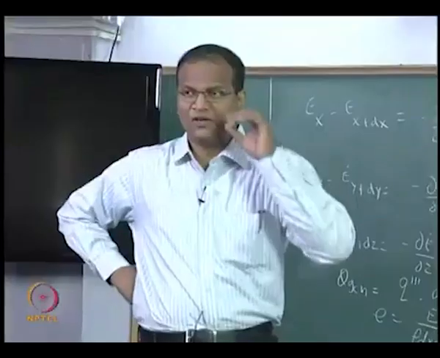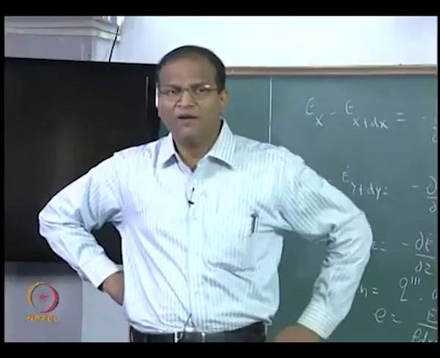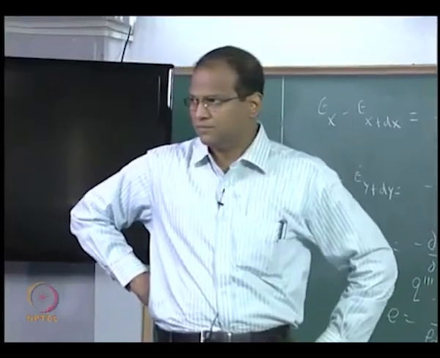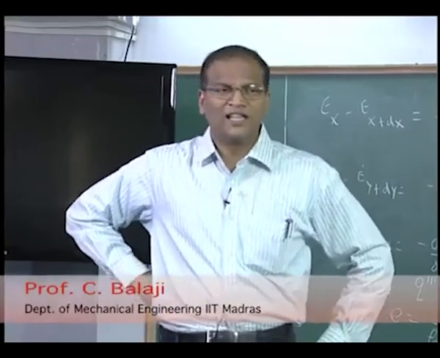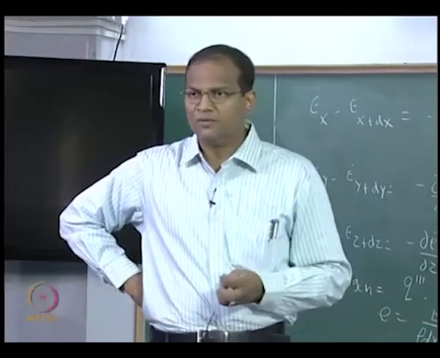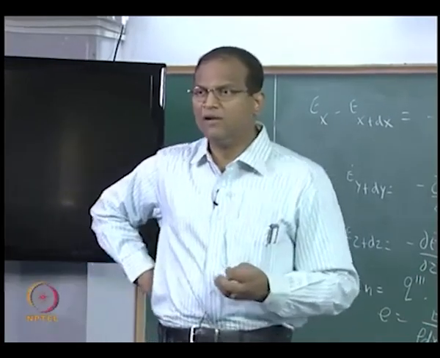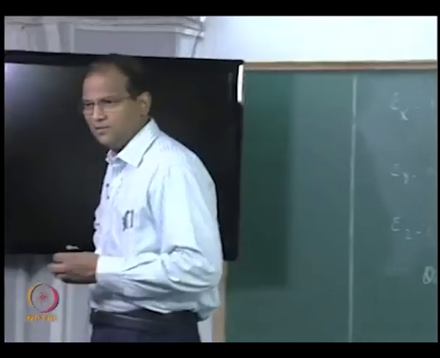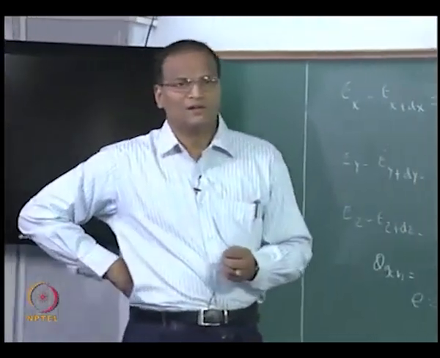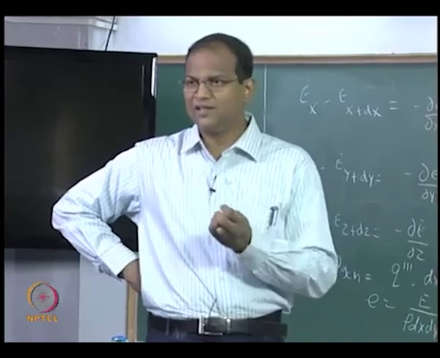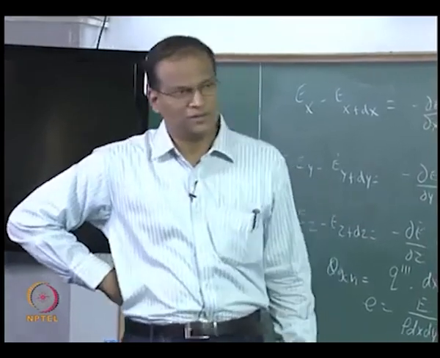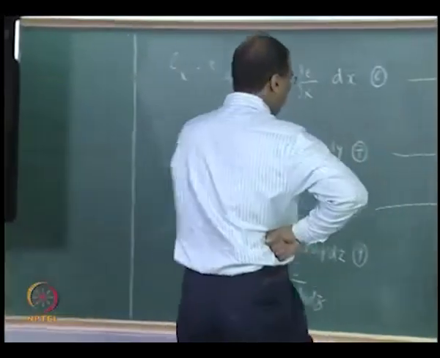Go back and substitute all the terms, simplify. Every term will have a dx dy dz. Cancel, dividing by dx dy dz throughout, with the understanding that dx dy dz cannot become 0. That is the whole beauty of a finite volume or control volume formulation. They are all valid not at mathematical points, but at engineering points, where each point has an elemental volume associated with this. Okay. Now putting all this, substituting